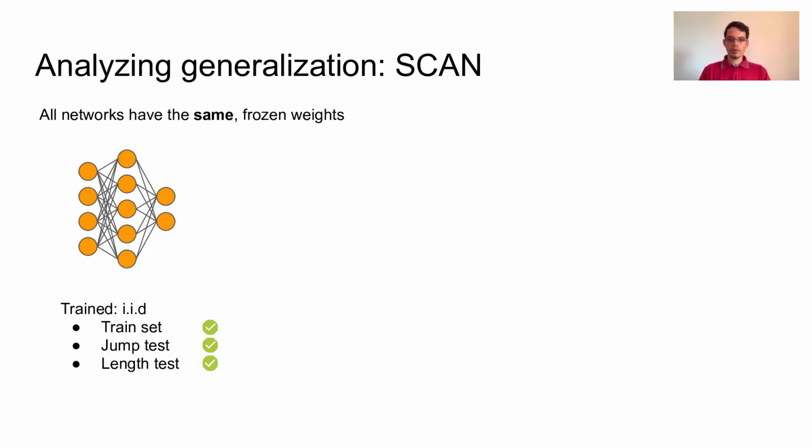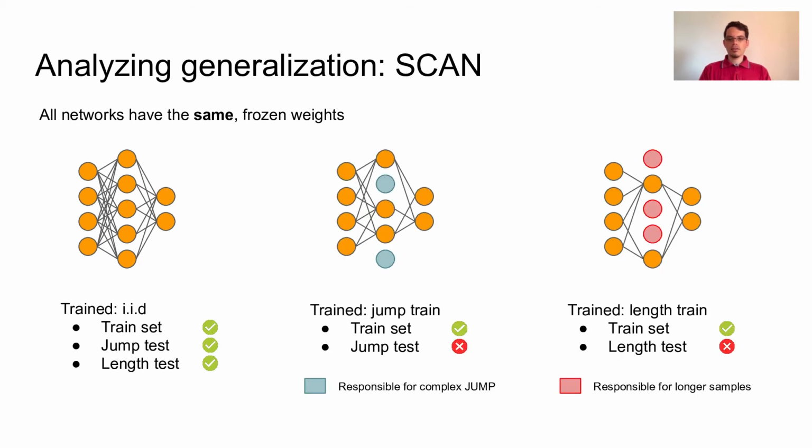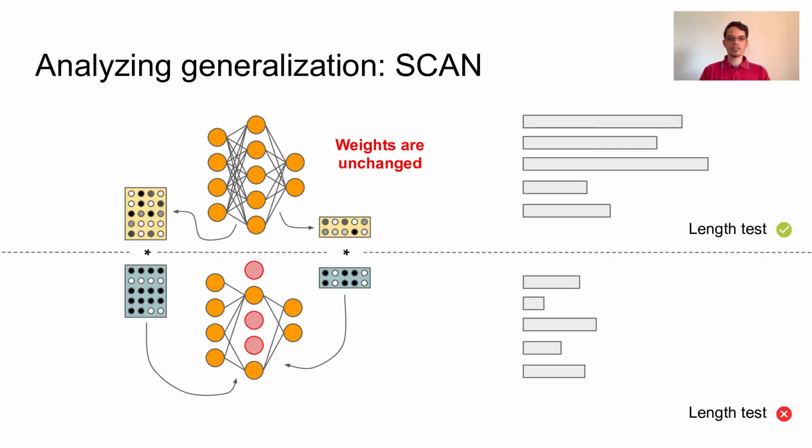Next, we analyzed the well-known systematic generalization issues of RNNs and transformers on the SCAN dataset. First, we pre-trained the network on IID data, where it performs well on all test splits. Then we train a weight mask for each split, which reveals critical task-exclusive weights. Applying the masks learned on a subset of the original training set removes critical weights responsible for certain compositions of